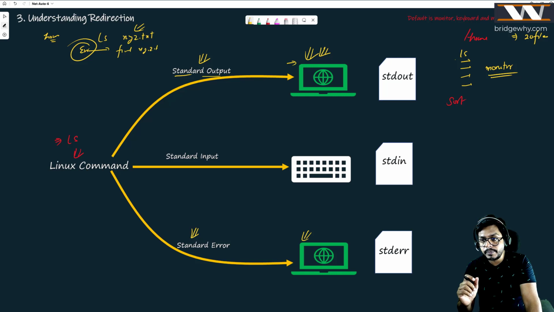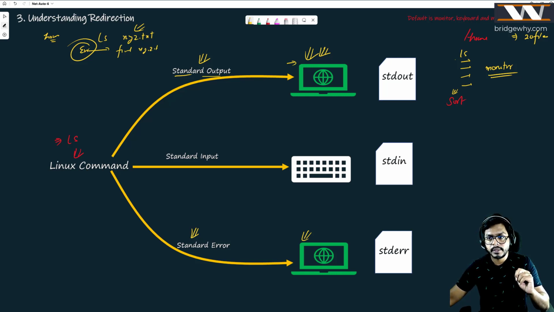To understand standard input, you need to understand one command, which is the sort command. What it does is sort whatever input you give, right? What is the meaning of sorting? The meaning of sorting is writing something into a specific order. Suppose you are giving sort and then you press enter. You are in the command line terminal. You give the sort command, press enter, and then you write B, C, B, A,